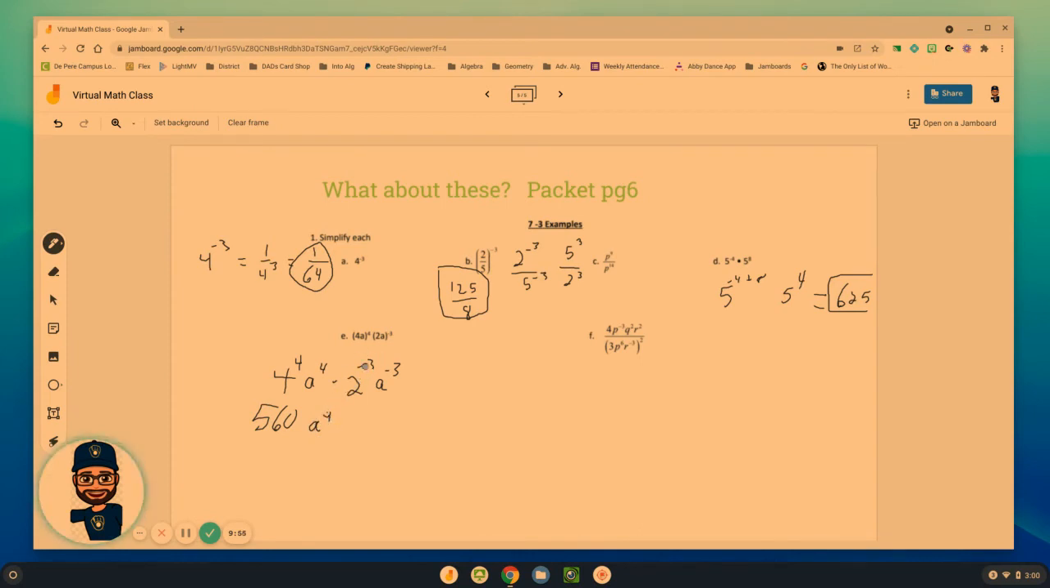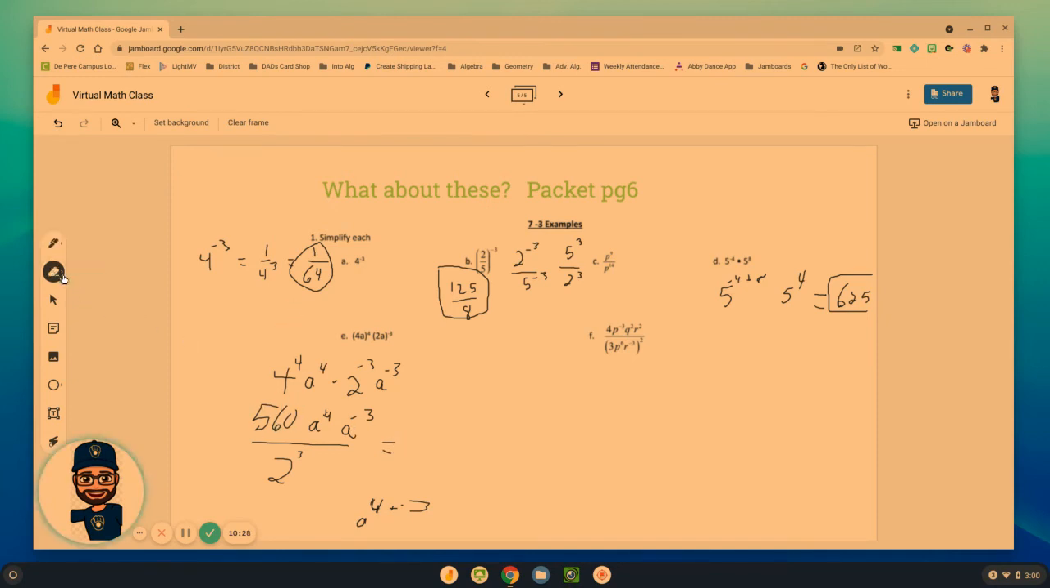I'm going to move this piece to the bottom, because it has to become positive. And I can leave the a to the negative third up on top for now, because I have another a to the fourth right here. And what's going to happen with these two? Well, a to the fourth times a to the negative third means I add their exponents. A to the 4 plus negative 3, leaving me with,